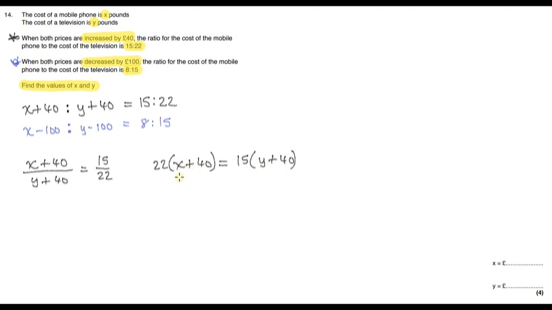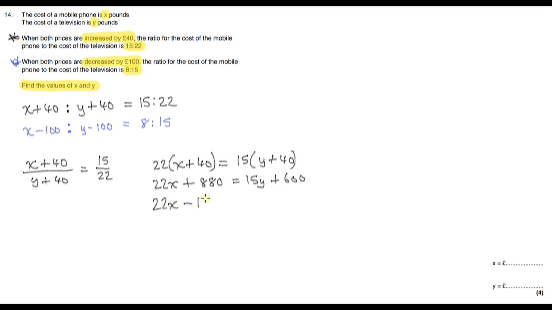So if we just expand the brackets now, we've got 22x plus 880, which is equal to 15y plus 600. And now if I get all of the x's and all of the y's on the same side, if I put them on the left hand side and put the numbers on the right hand side, so that we'd be left with a positive number. So if we subtract 880 from both sides and 15y from both sides, I'm going to be left with